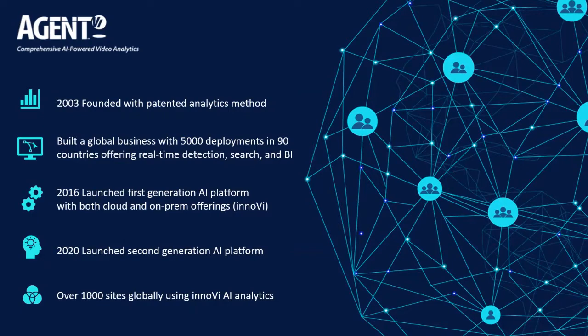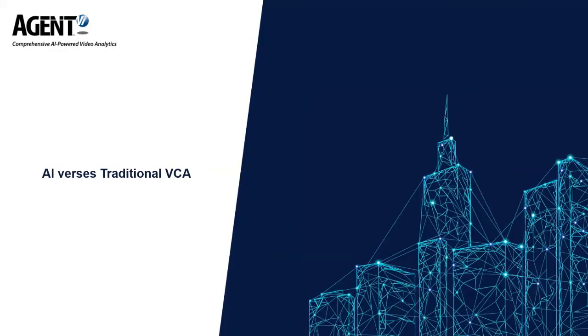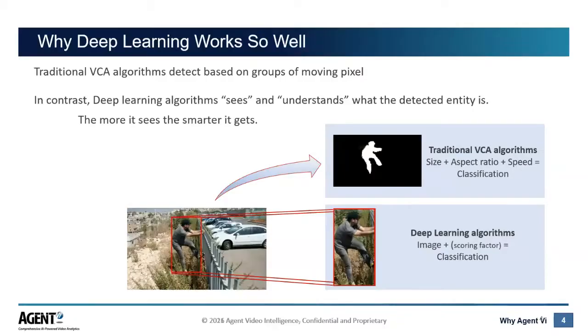But as I said, we've learned a lot about how the analytics work and also about the way people think and understand analytics. So let's start by talking a little bit about what is the difference with AI analytics versus the traditional analytics. To get into this discussion, I'm going to explain a little bit of the way analytics used to work. And by the way, as a full disclaimer, there's still a lot of companies out there around the world offering video analytics using what we call the traditional VCA algorithm.